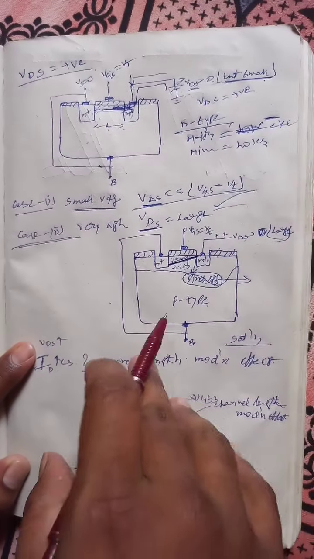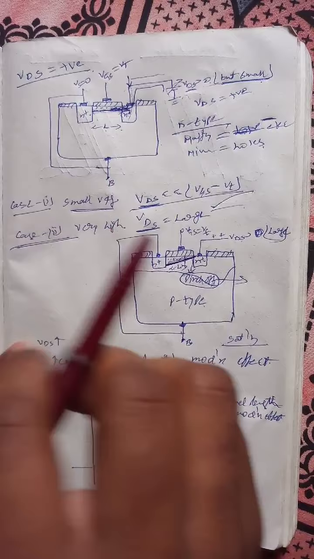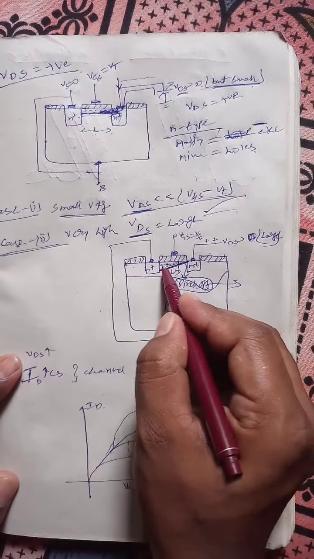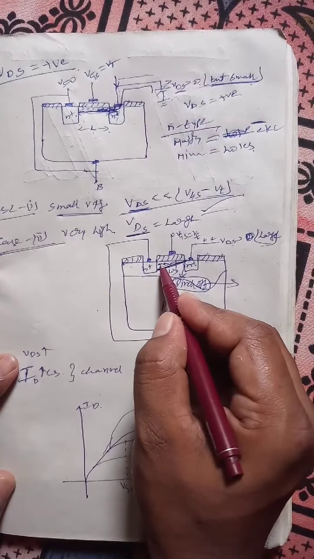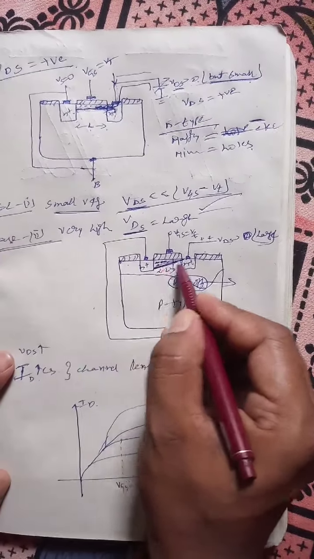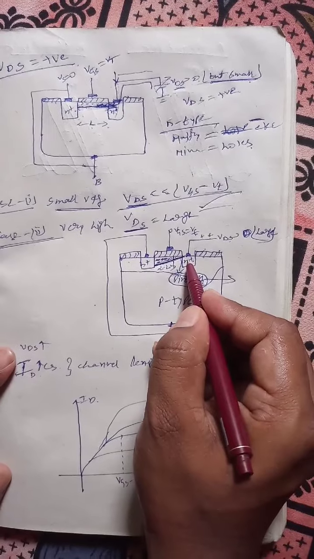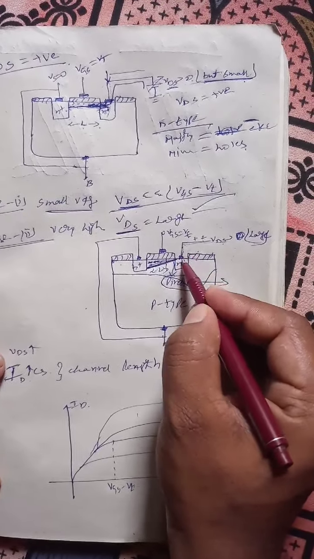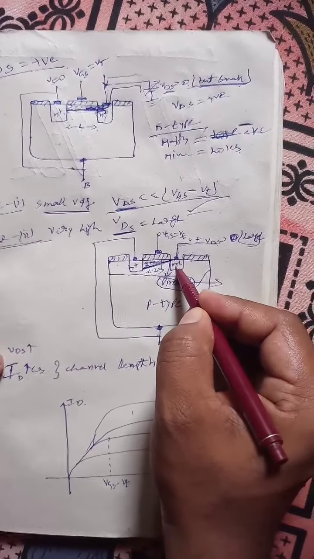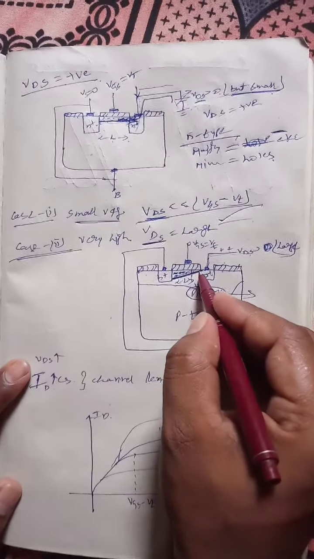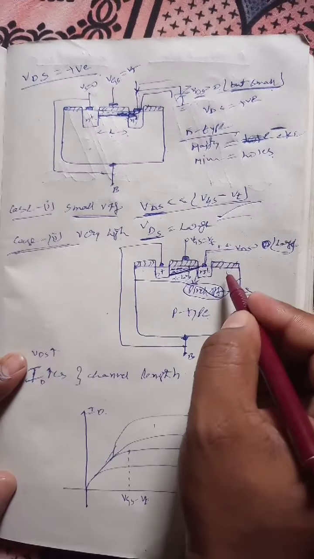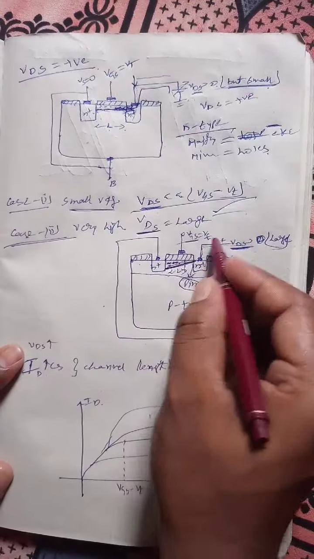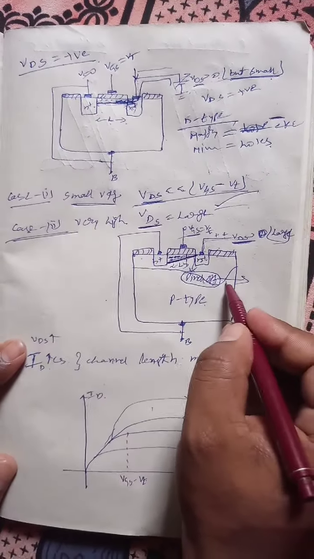So what is meant by the pinch off? Some of the voltage is going to be removed from that. What is removed means the negative charges, the electrons in this channel, are attracted to the positive charges, because we are giving positive charge continuously to this N substrate. So as we are increasing the drain voltage and the gate voltage up to the threshold voltage, the pinch off is going to happen.